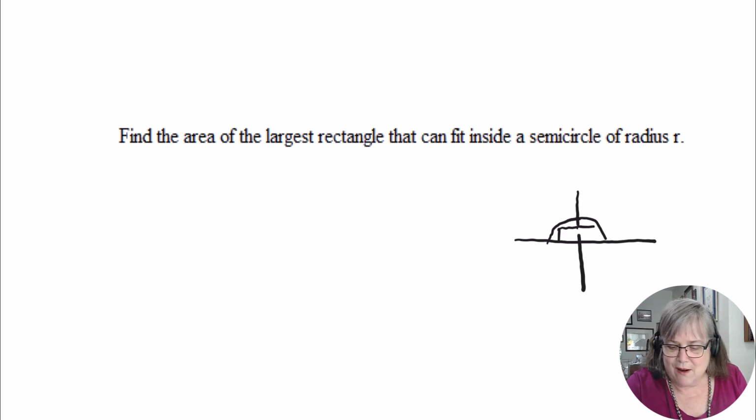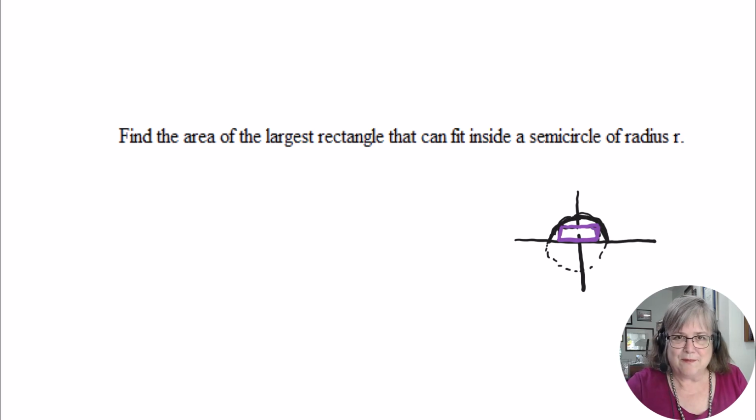Because then instead of having offset centers to complicate your equation, you just have something of the form x squared plus y squared equals r squared. Remember, that's what happens for a circle that's at the center, and what we're looking at is just the top part of a very kind of squished circle. A little bit of literary license there, y'all. I am not an artist. So what we are going to do is try to put some sort of rectangle inside